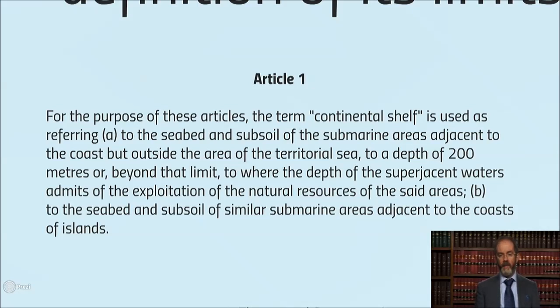So on its face, the criterion would appear completely uncertain, which isn't helpful if you're trying to create rights of management. Some writers have suggested that it was never intended that that criterion should allow a continental shelf claim to extend beyond where there was physically or scientifically a continental shelf,